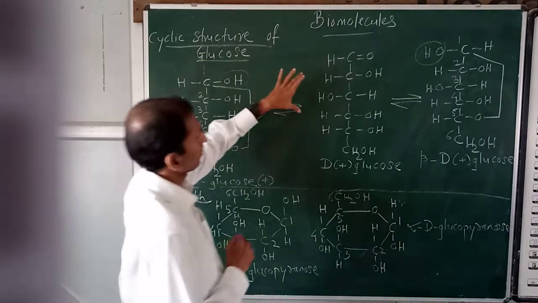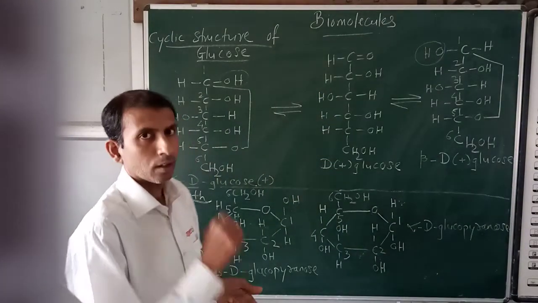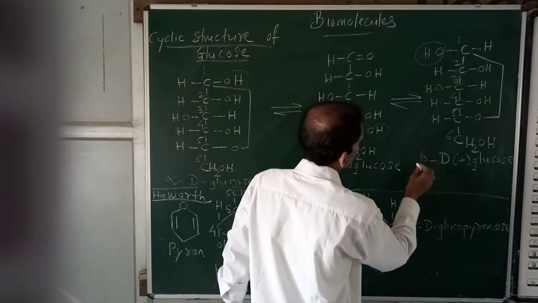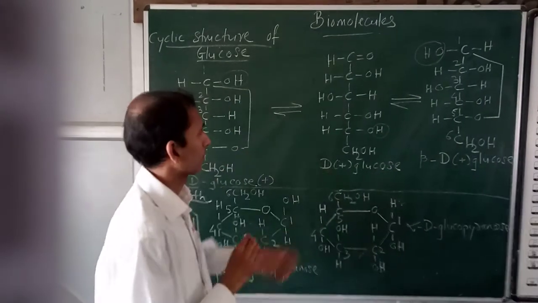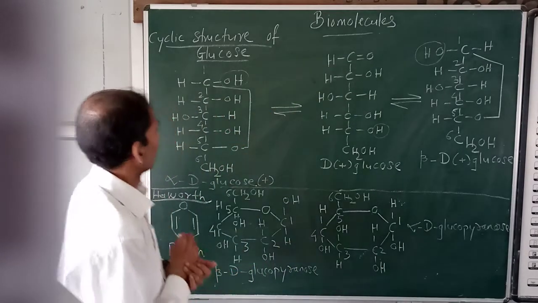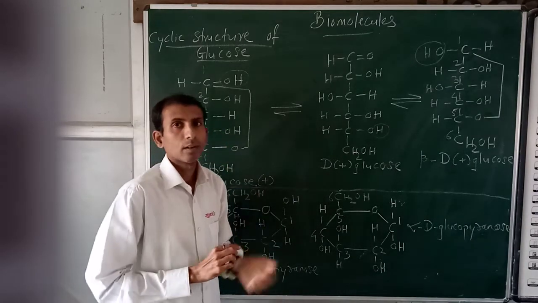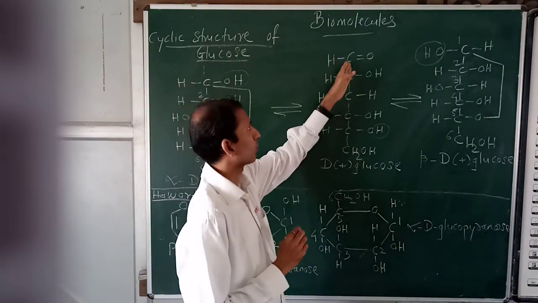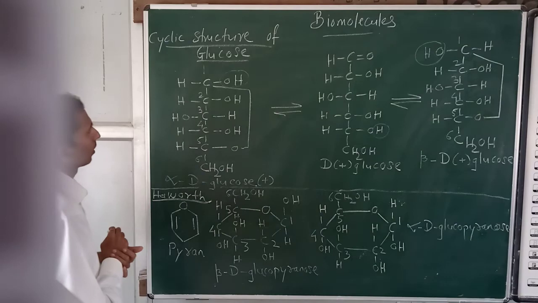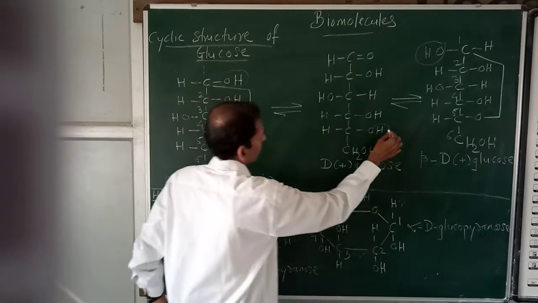So here we have open structure of glucose, D-glucose, and now in a particular medium, this particular hydrogen present on fifth carbon atom, first, second, third, fourth, fifth. So this hydrogen can be transferred to the functional group which is having more priority, that is aldehyde group, and we get two structures here. OH group formed here after the transfer of hydrogen, this hydrogen transferred here.